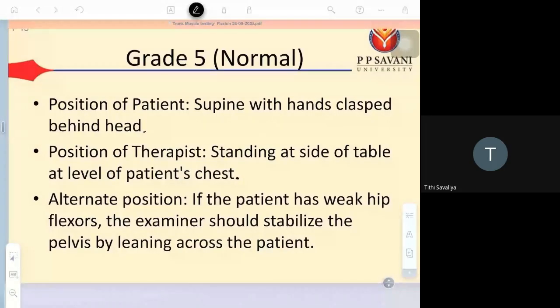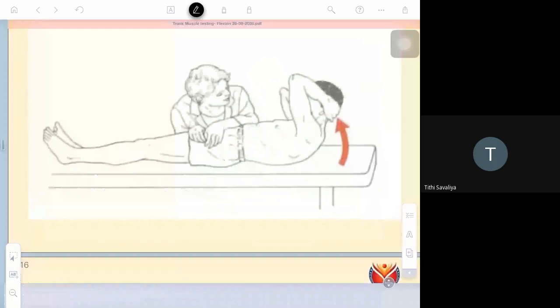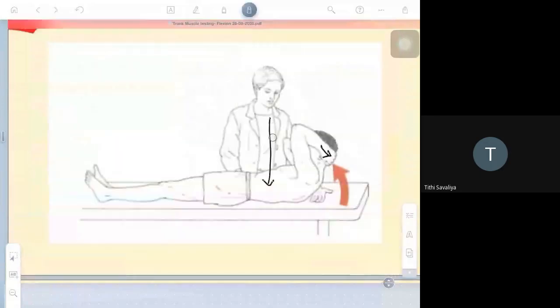Okay. What is the alternate position? Yesterday we discussed. If the hip muscles are weak, then the position of therapist is altered. How? This is the position, same as yesterday we discussed. Clear? So, if hip flexor muscle is strong,